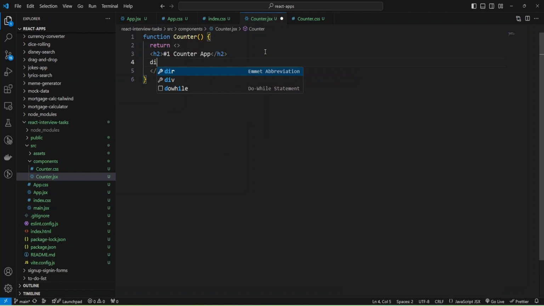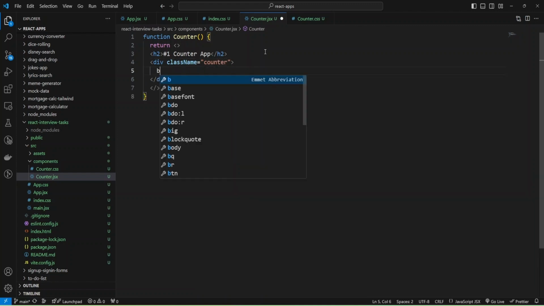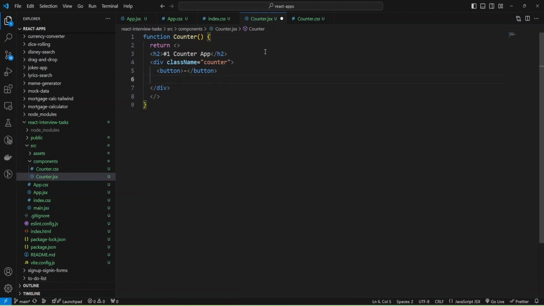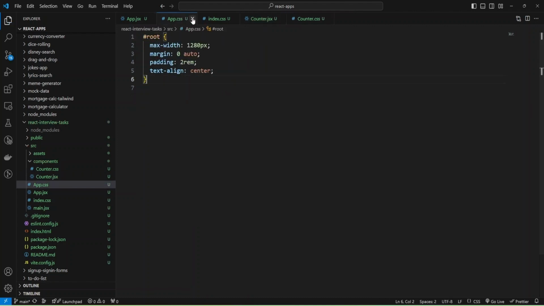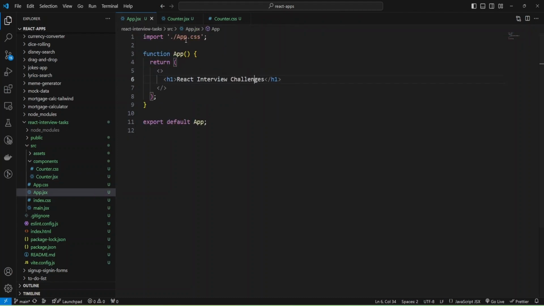And now I can create a container and add the class name counter. And inside the container we'll have a button with minus, and also I'll add a span and will provide 0 initially, and also add a button with a plus sign.